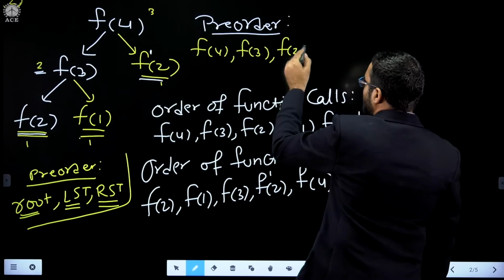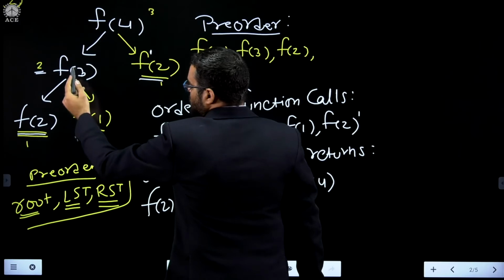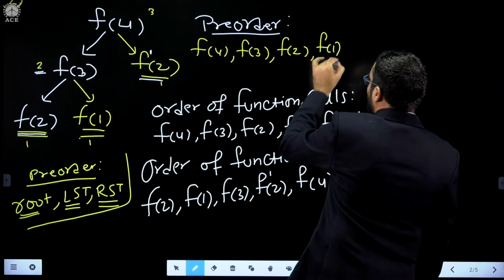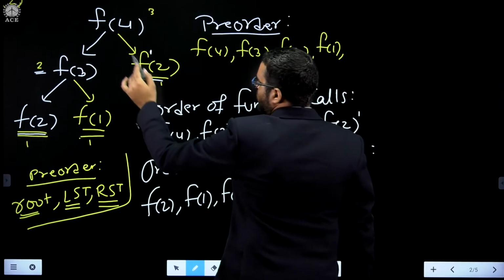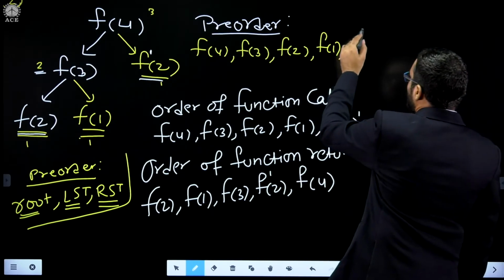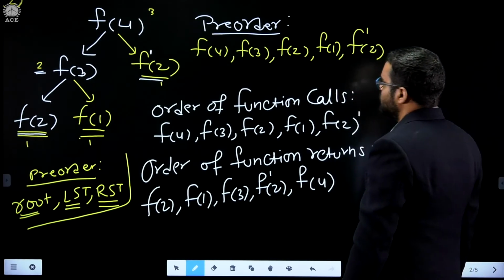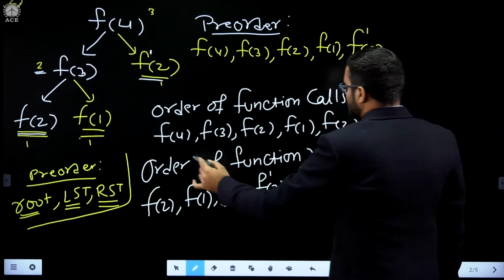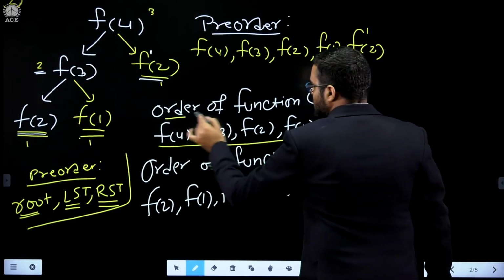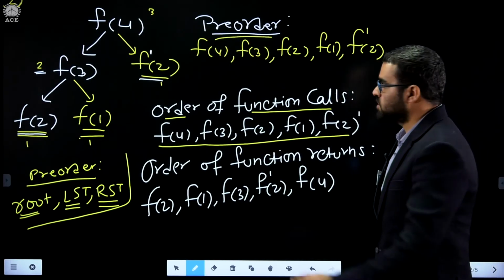We print the root node, that is F2. Then you can see this tree is over. So we go to the right subtree of F3 and we print F1. And finally, we print the right subtree of F4. So we print F2, like this, F2 dash. You can notice that this pre-order traversal is the same as this order of function calls. So the order of function calls is the same as the pre-order traversal of this activation